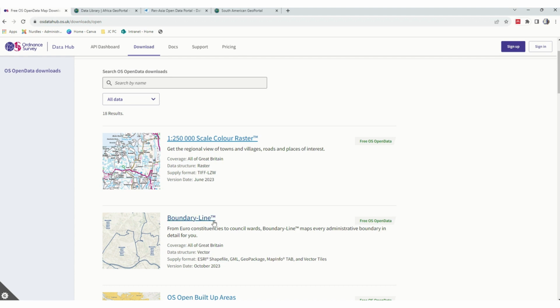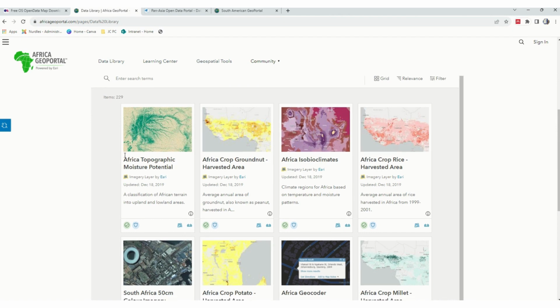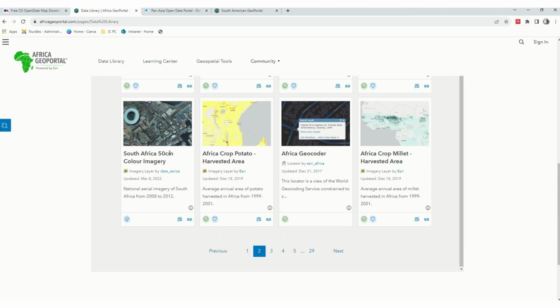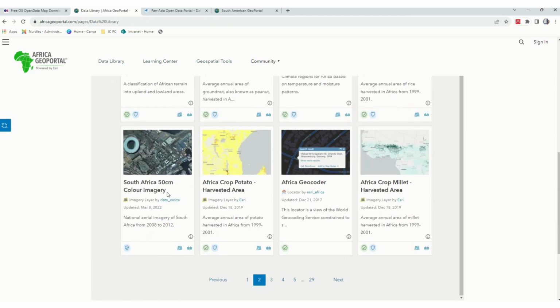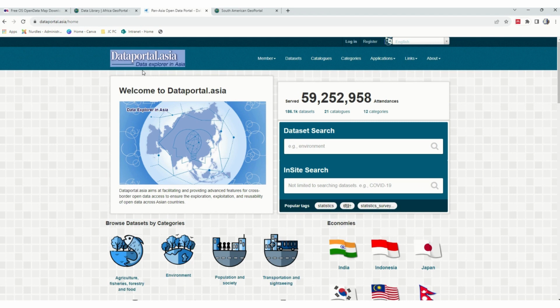This particular site is clearly showing us data for the UK, but after quickly searching online for open portals, this one's powered by Esri, and here you get information on Africa topographic moisture potential. But if you wanted to know something specific about an area, for example, here you've got the South Africa 50 centimetre colour imagery. That is also available here, and it tells you exactly what type of data that is, and it's like an image layer. So it's really, really helpful. There's also an open data portal that I found,